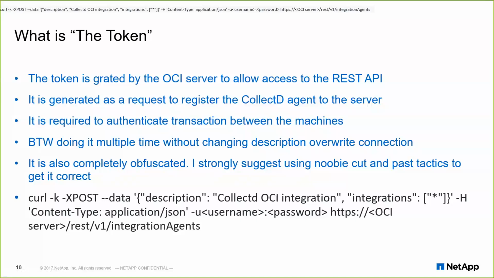That's got to be exactly right, and space, HTTPS, et cetera, et cetera. OCI server is the IP address or DNS name of the OCI server. You've got to get that all in just right, or the command will fail. And syntax-wise it doesn't make a lot of sense, so cut and paste is probably another good thing to do here. So let's go back to my VM